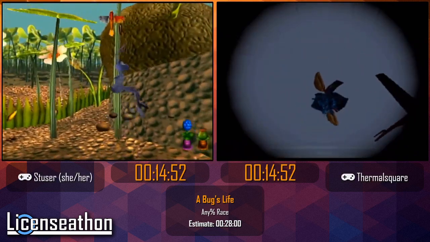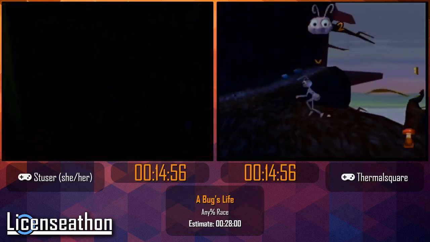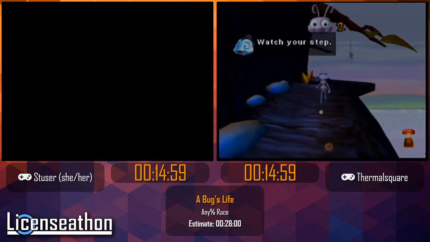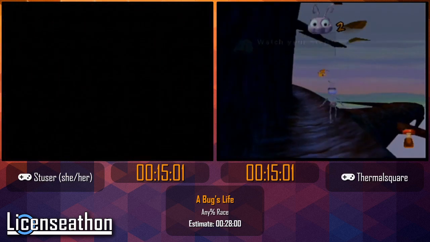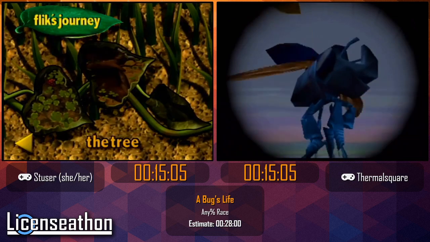See, I don't think on either of the versions there's any skip for Dim on Tree. You just have to watch the cutscene. Yeah, so the thing with Dim is, you aren't able to skip him, but recently it was discovered...